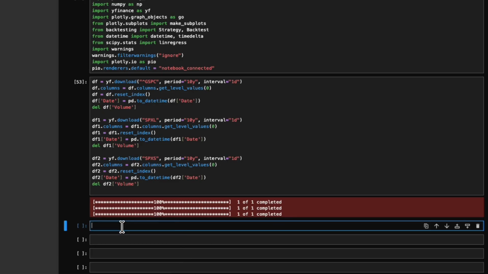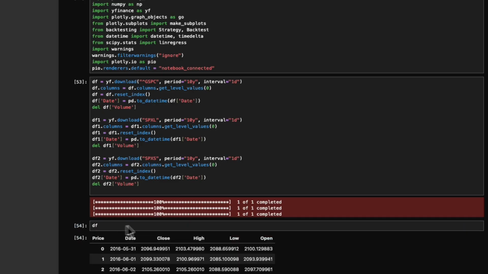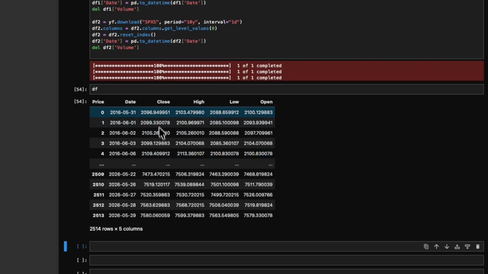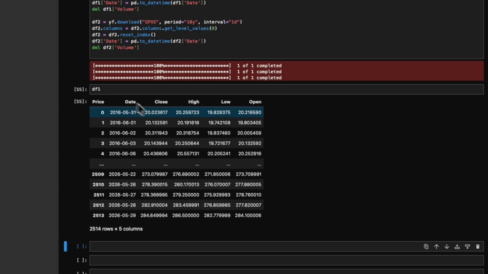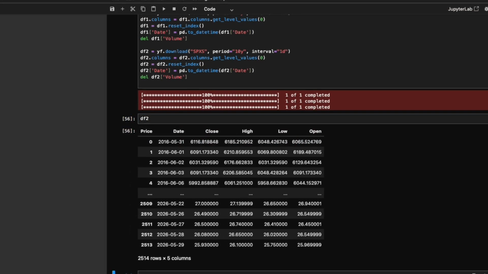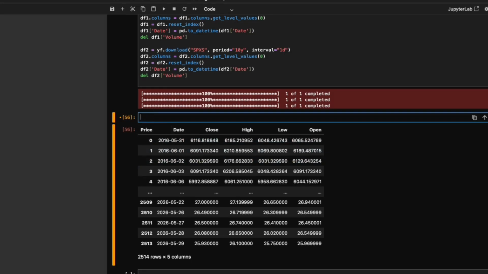And if we want to go and have a quick look at what's in our data frames, our variables, so DF has S&P 500 data. Keep an eye on the close price there. DF1 should have a different price, and that is our SPXL ETF, and DF2, same thing. Okay, so now we've got 3 data sets, DF, DF1, DF2. And now we're going to create our